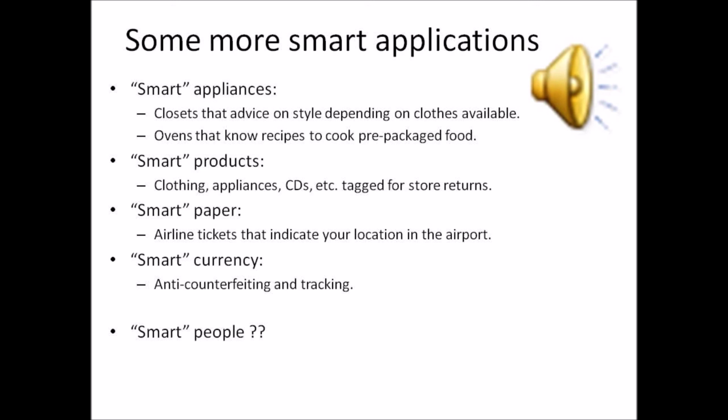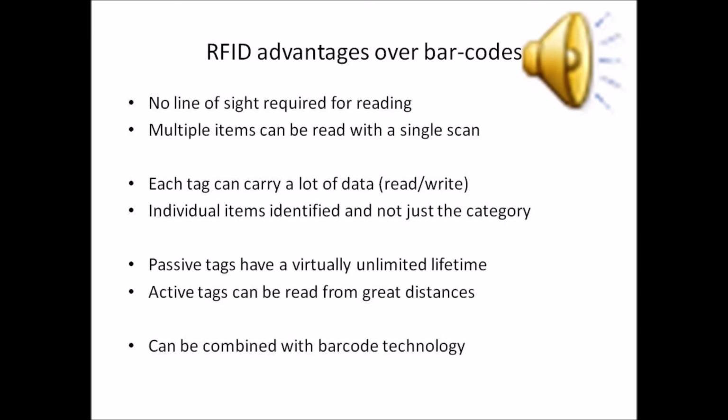And then you can have smart dryers and things like that. You can have smart paper airline tickets that indicate your location in the airport when scanned. And then you can have smart currency which can avoid counterfeiting, and it can help in tracking and things like that. And people are also thinking about making some chips